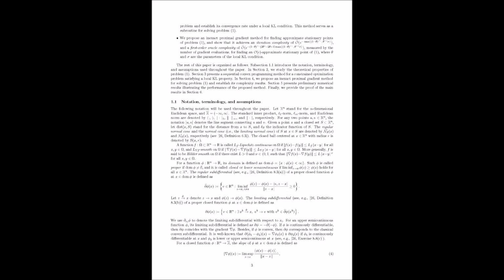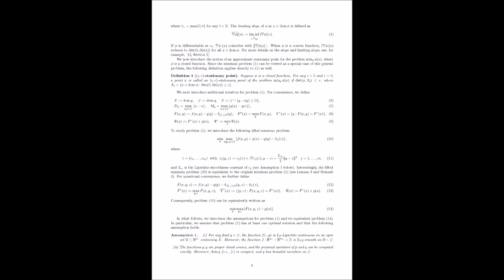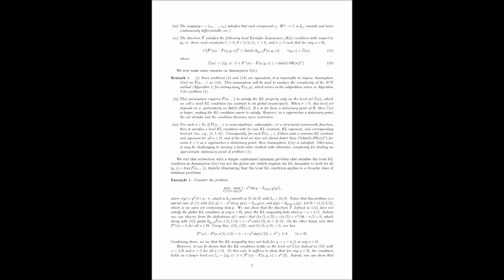Okay, so the primary focus, the main problem they want to solve, is labeled as problem 1 in the paper. Let's maybe vocalize the structure first. Looking at 1, we see it's a minimization over X, maximization over Y. So a classic minimax structure. But crucially, that inner maximization over Y isn't unconstrained. There's a subscript, C(y) less than or equal to 0. Exactly. This is the set of constraints that the Y player must satisfy, and the function C itself could be non-convex, mapping Y to potentially multiple constraint values.